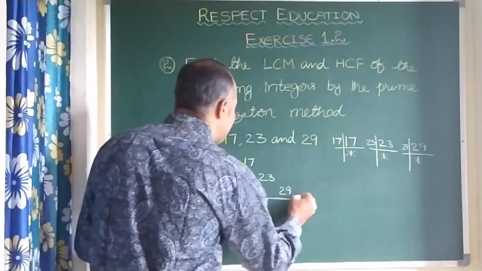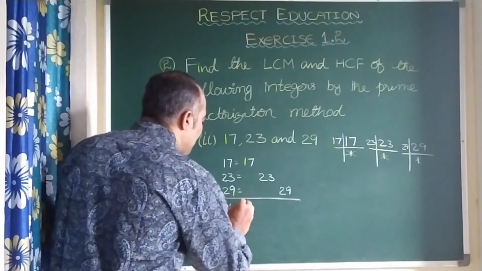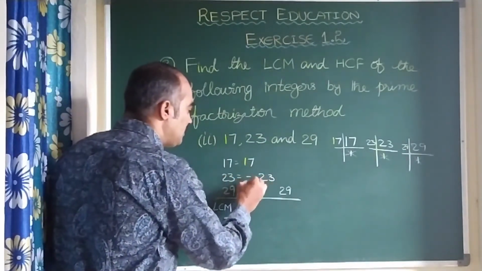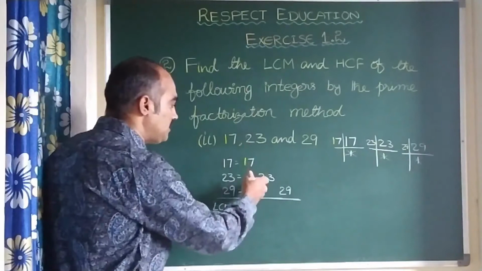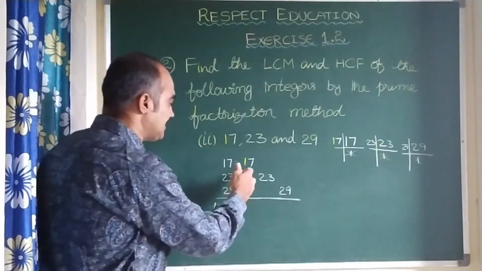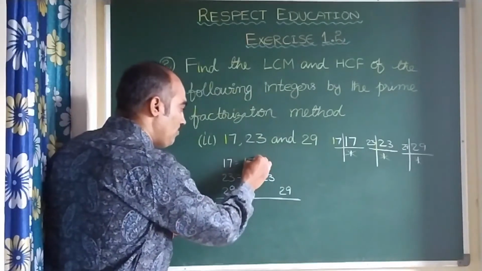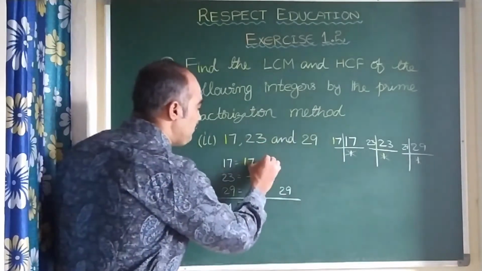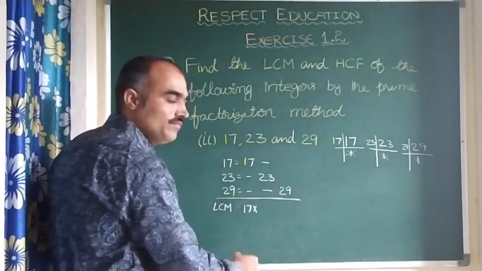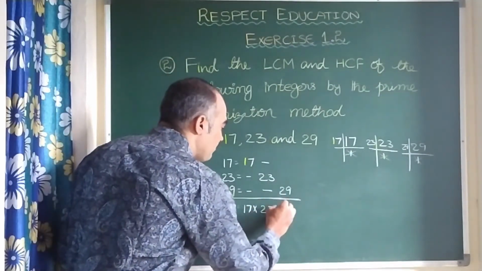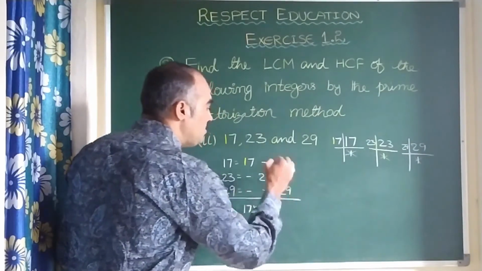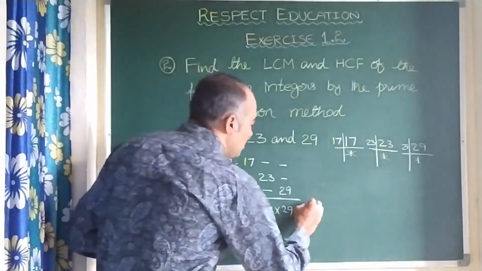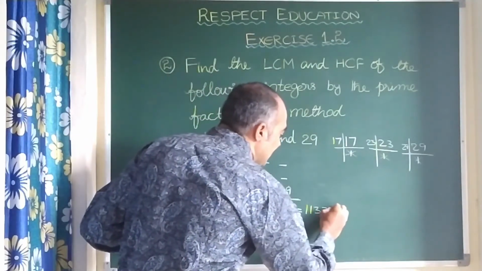right? Now let us find the LCM. In LCM, L is for least. We should take the highest power. Here 17 is there, 17 is not there, 17 is not there. If we write all the numbers, it looks somehow clumsy, confusing. That's why I did not write 17 power 0. We just here 17 power 1, 17 power 0, 17 power 0. So 17 power 1 is the highest number. 23 power 0, 23 power 1, 23 power 0. The highest one is 23 power 1. 29 power 0, 29 power 0, 29 power 1. So highest one is 29. So when you multiply, children, these 3 numbers, you will get 11339.